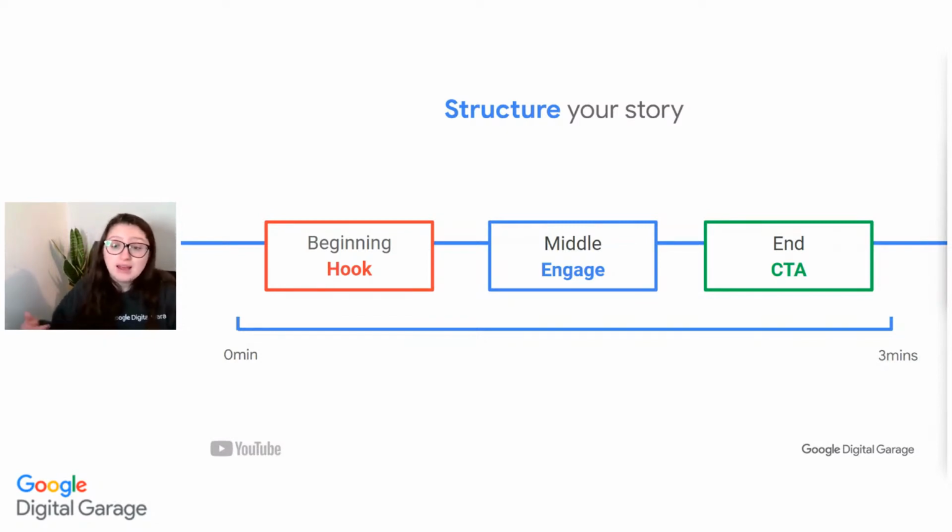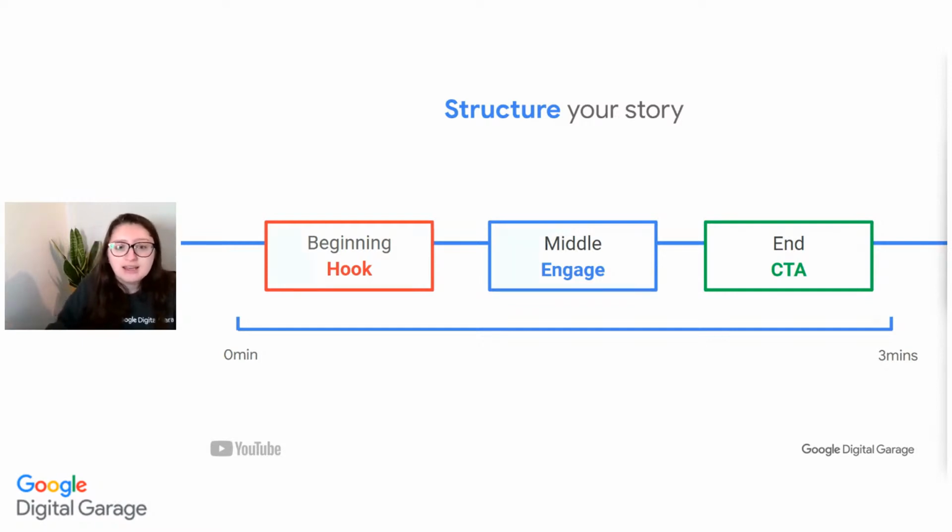The middle, this is where our main content sits. It's where we're going to communicate and engage with the people watching our content. And the end, CTA, call to action. How can we give our audience a clear, actionable thing to do, whether that is comment, subscribe, watch another video that you have? Again, think back to your goal. What is it that you are trying to achieve with this channel? And how can you instruct your audience to follow through in order to get you closer to achieving that goal?